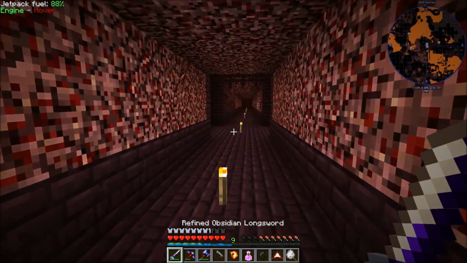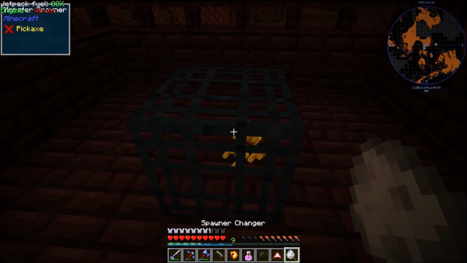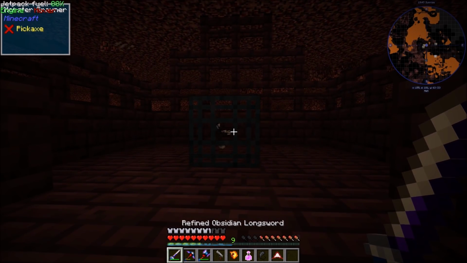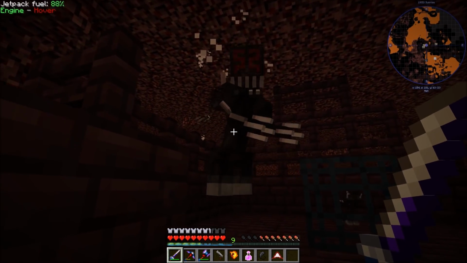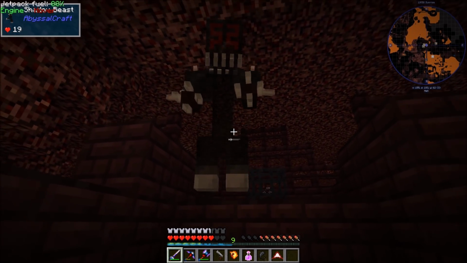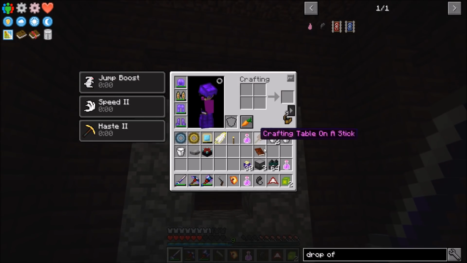This sword's like a monster now. Okay, so what I want to do is we're going to right-click that and we're going to change the spawner type to shadow beasts. Okay, and it looks like it's about to spawn. I'm actually going to let it spawn some shadow beasts here. That's fine. There we go, and...